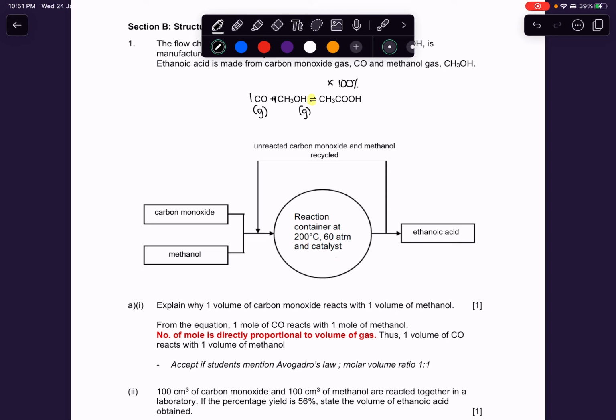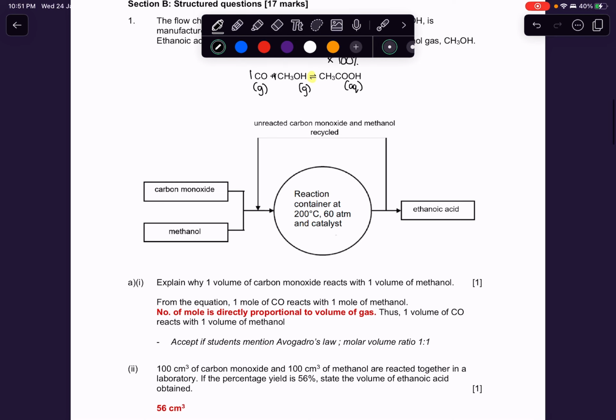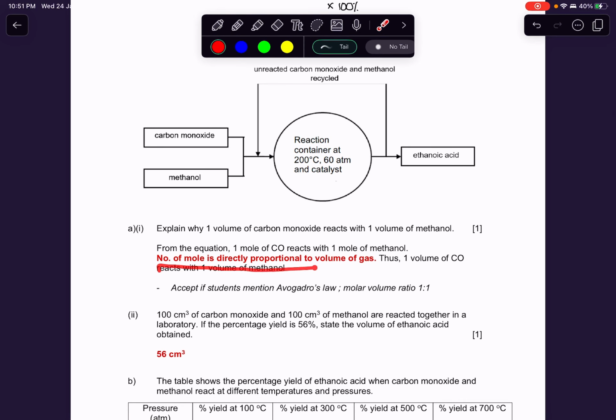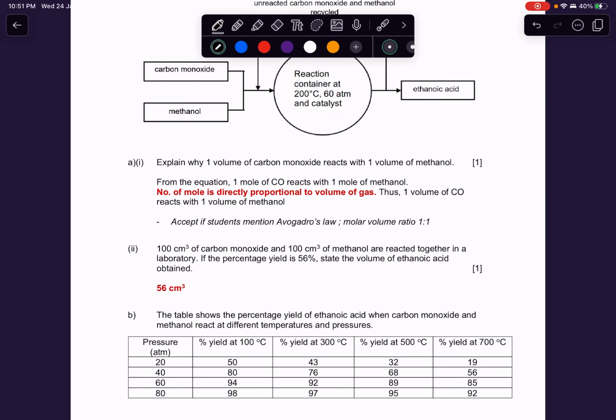In fact, both of them exist as gas, and then ethanoic acid is aqueous. Because you have two gases reacting, you can simply use the volume ratio instead of the mole ratio, because mole ratio equals volume ratio for a gas. If you remember your Avogadro's law states that at 25 degrees Celsius, 1 atm, 1 mole of any gas